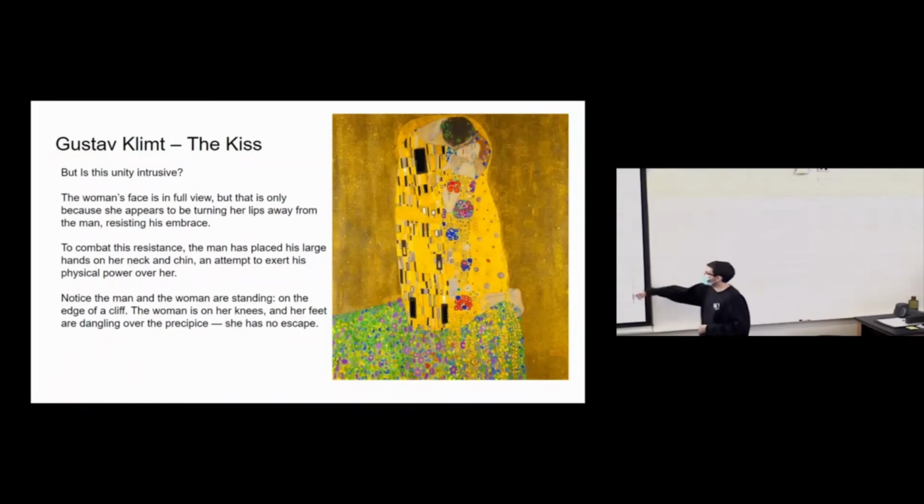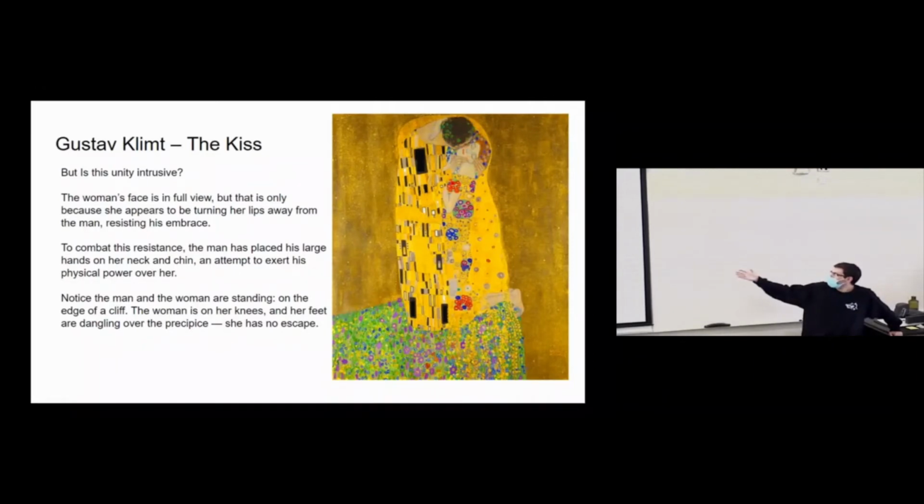The woman, she's on her knees. You can see that because her legs are tilted like that, and her feet are literally dangling over the precipice. Her toes are curling around the flowers. She has absolutely no escape from this man. So because she has no escape, well, what would escape mean for her? Escape would mean falling off of this cliff. Escape would mean dying. So the only thing that she can do in her power is just submit to him,